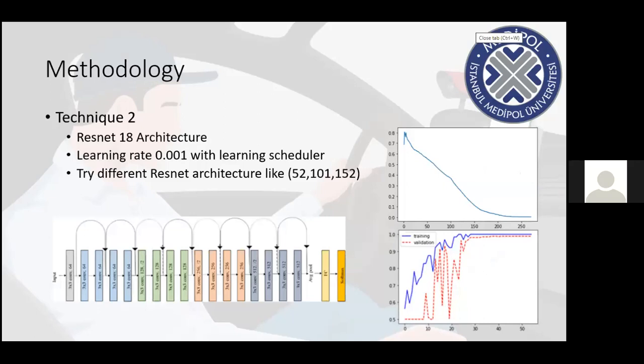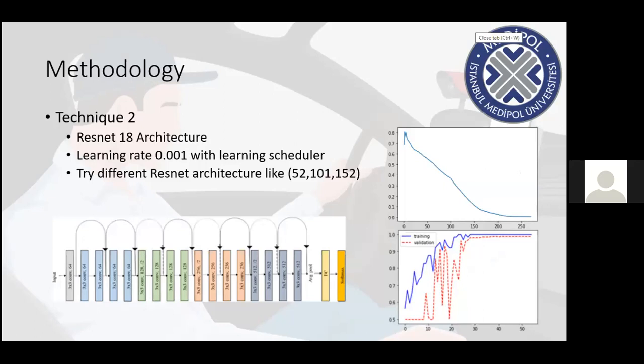ResNet 18. We train this architecture. First of all, we take this pretrained architecture, unfreeze all the layers, and then train the complete model. We applied a learning rate of 0.01 with a learning rate scheduler. And here below, you can see the